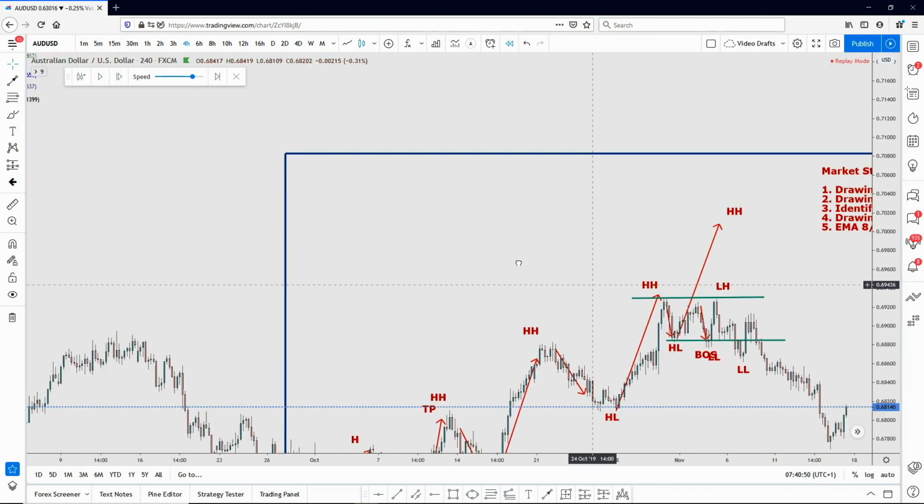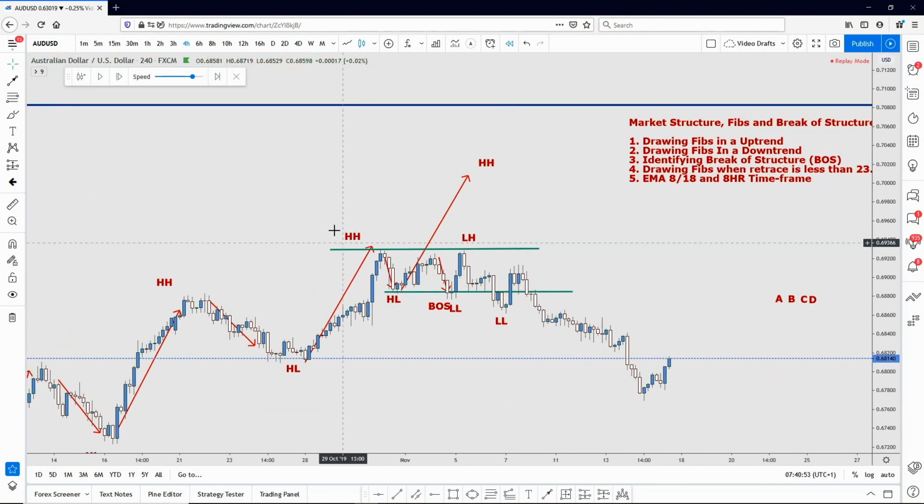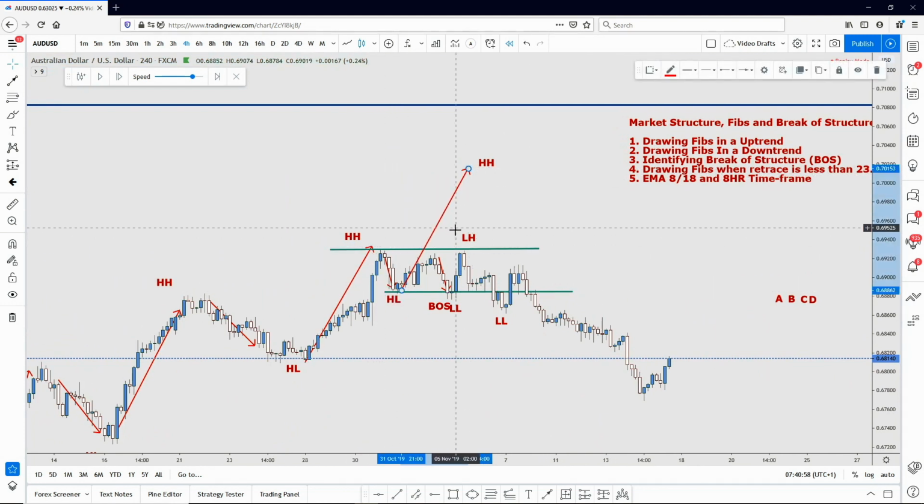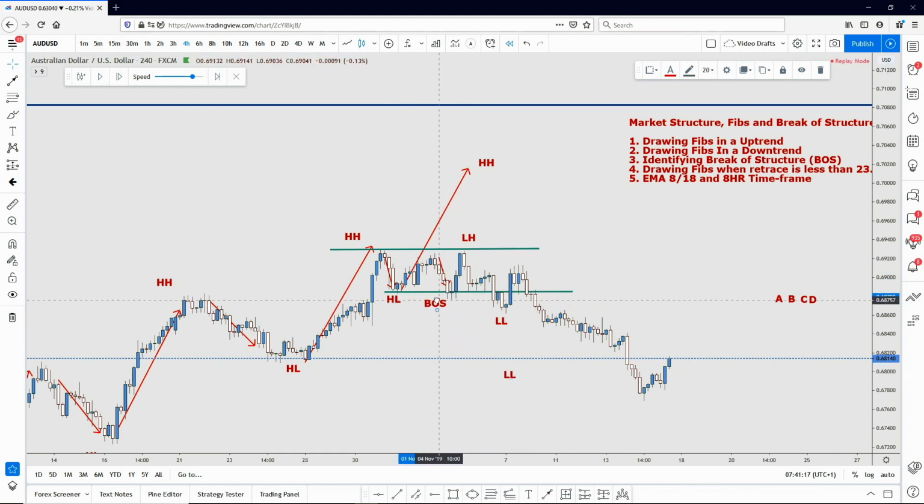So let's go back here. So it was making a higher high, higher low. We were expecting a higher high, but that didn't happen. It made a high here, and then see right here, it made a lower low. See how these wicks are further than this previous higher low? Well, this in my mind is a break of structure. Break of structure right here. So we're going to put a vertical line, and now we start looking for a trend direction change, and look what's happening. So just go ahead and label it lower low,